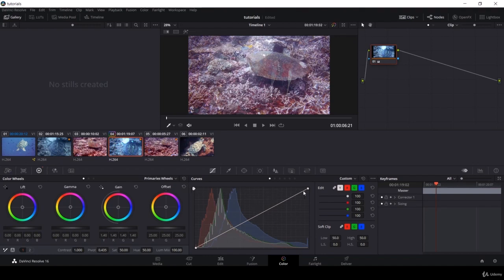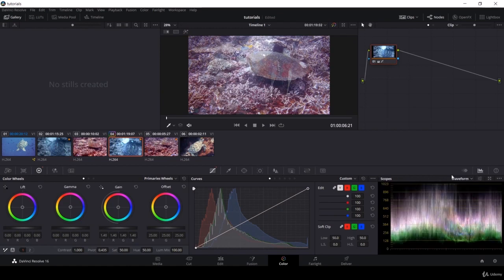The next one is the curves tool. This also works the same way. Before that, let's look at the scopes. So the scopes are essential in doing color correction or grading. So this is the representation of this image. It is from the left to the right. So if you move this,